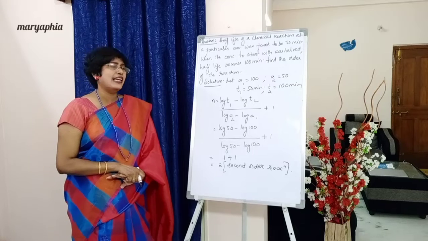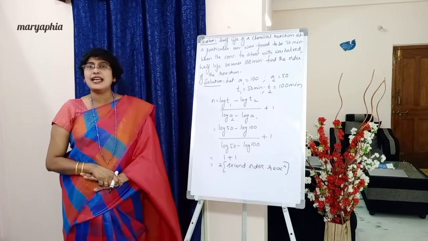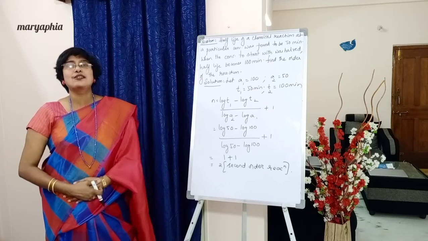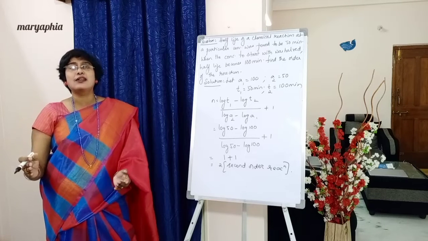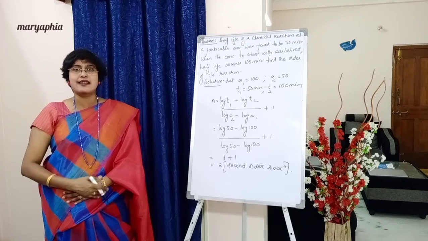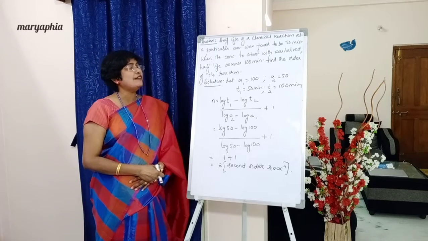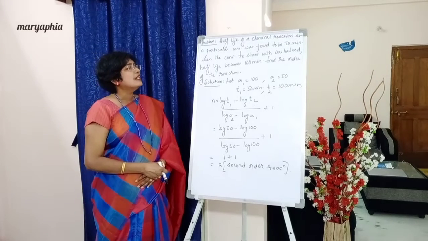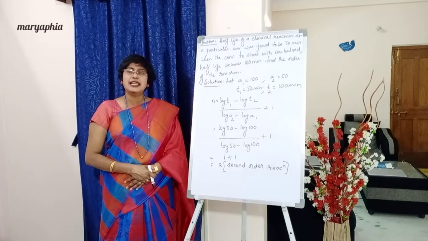Students, you can take any value. If you take A1 as 50, A2 you should take as 25. If you are taking A1 as 40, A2 you should write as 20. Anything you take for A1. Okay. It is not like we should take 100 only. Okay. So A2 is 50. Next, T1 and T2 values are given in the numerical. So T1 is 50 minutes, T2 is 100 minutes. We have written down the data given.